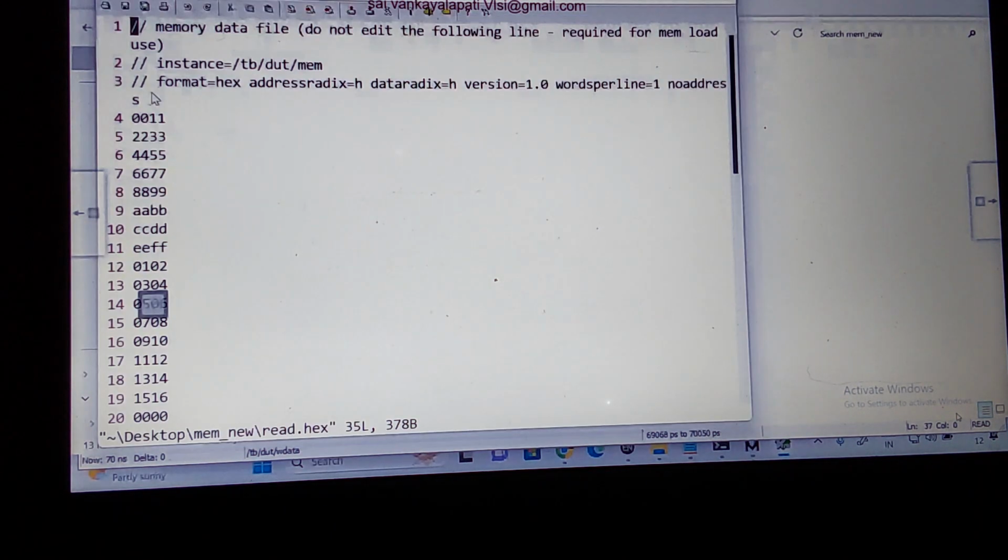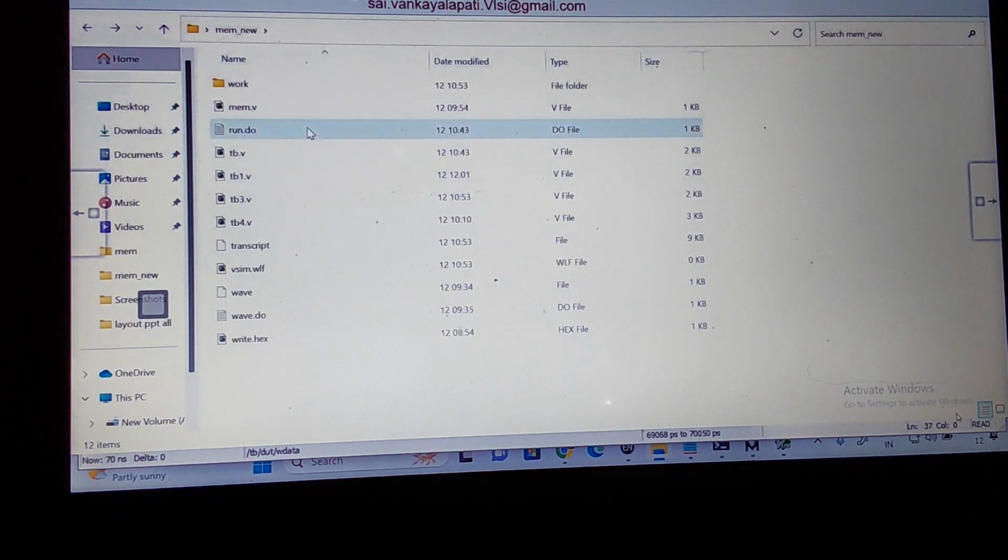This is reading 0, 1, 1. Again 1, 2, 3, 3. Then so on. You don't understand this? Okay, for the moment let us remove this file, and we'll see whether it is going to create this file or not. Now I'm reading this file.